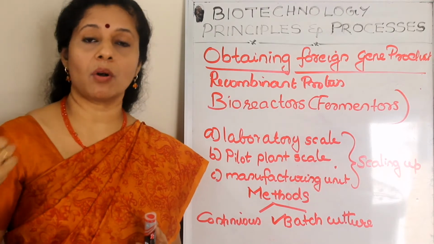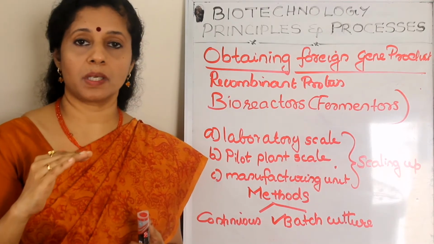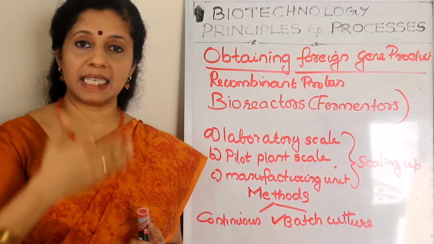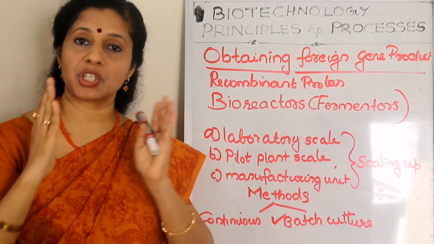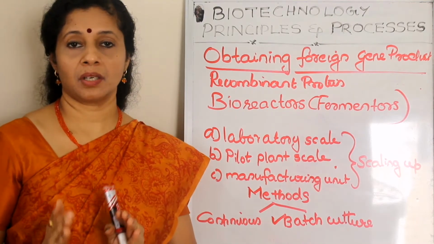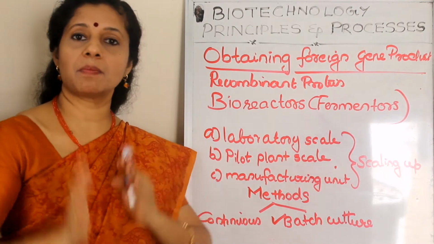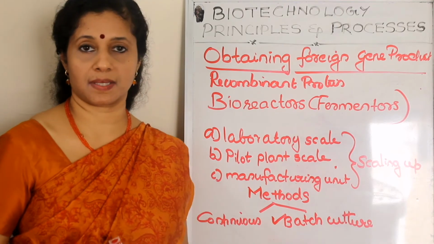Once we receive all the product, then the stage is over. We empty the vessel, clean it, wash it. After that, we load it with another fresh culture and inoculum. Okay? So that is called a batch. So batch by batch we are doing, that is the batch culture system.